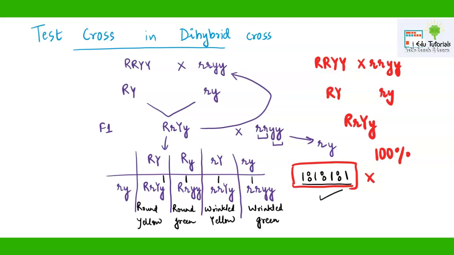So this was under the Mendelism concept only, that if you obtain the ratio of 1:1:1:1 in the F2 generation, that means the F1 was heterozygous. The same we have seen in the monohybrid cross as well. Prepare this concept very well for the board examination because many questions are asked from this topic.